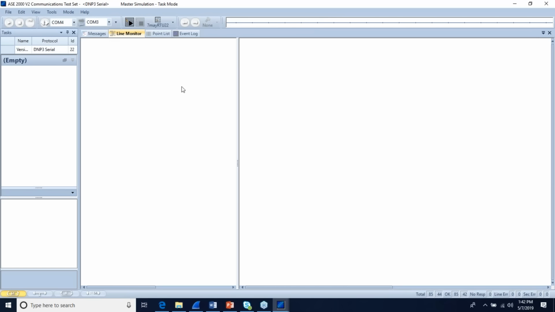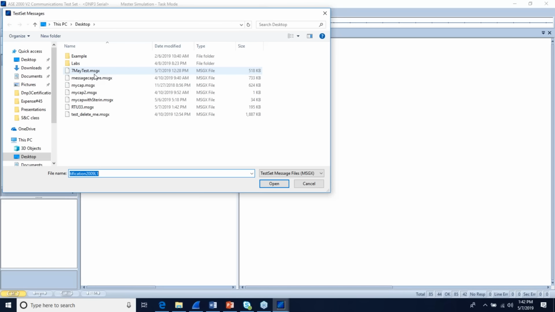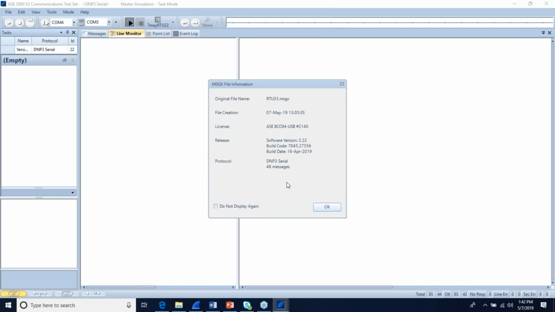The other user on their end would receive this file, import it, email it, and then they can put it on my desktop. I think it is RTU 33 you just served. Yeah. Modification. And then one of the other enhancements with version 2 that we didn't have with version 1, there